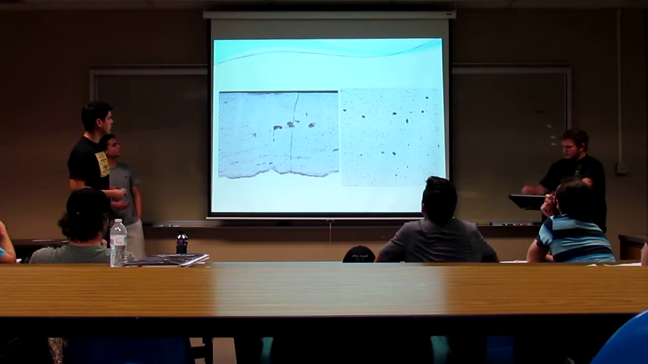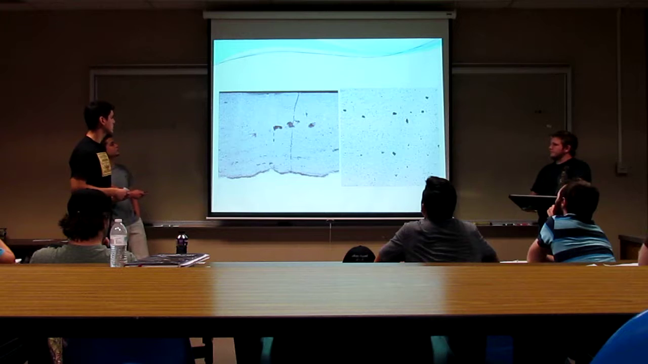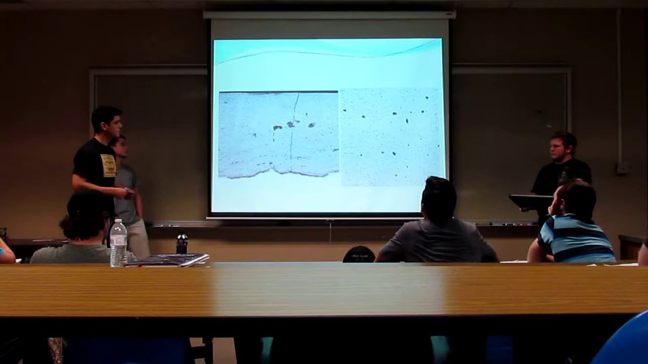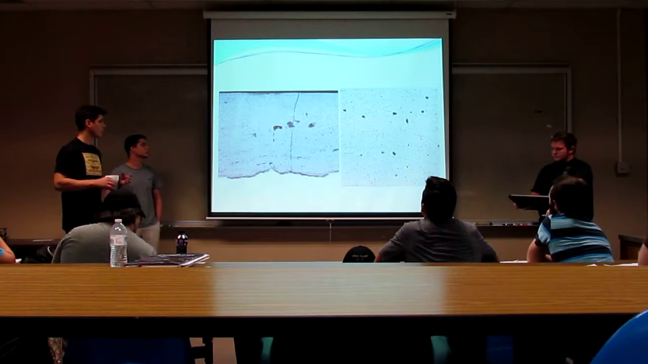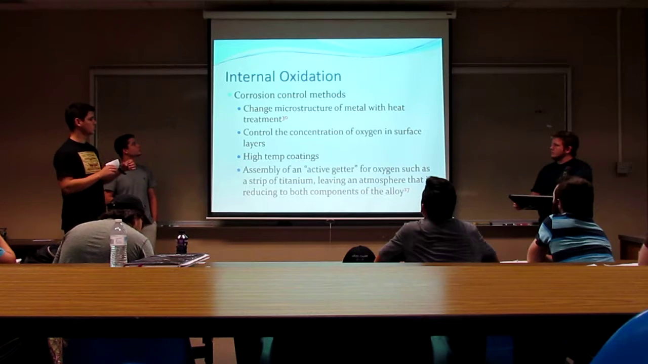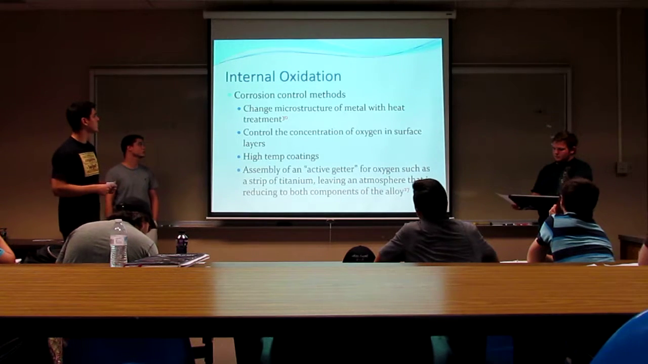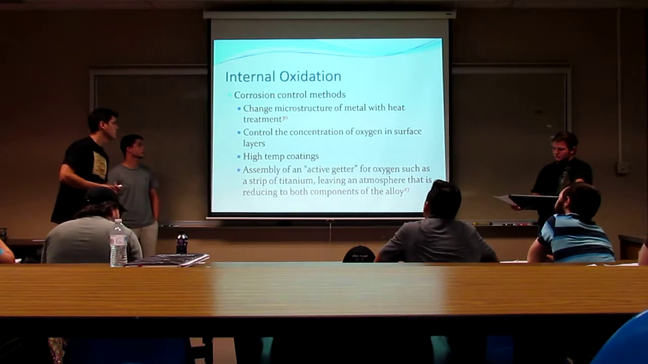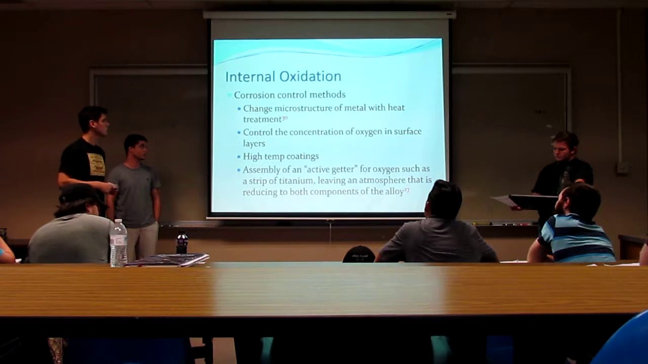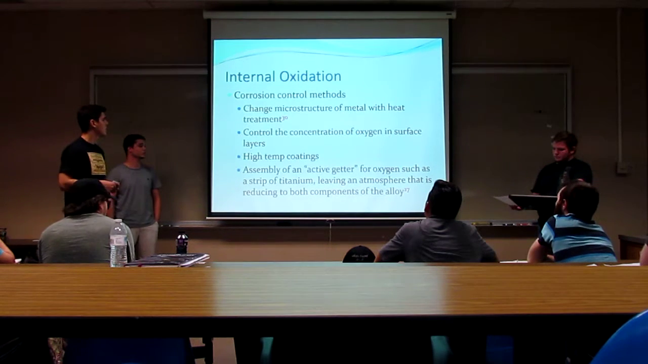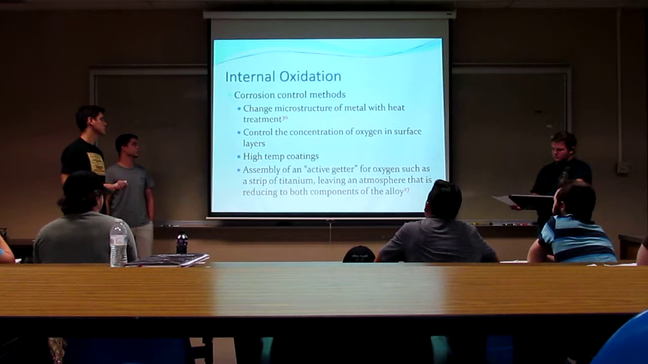And here are some other pictures of oxidation, which can cause cracking and stuff like that, because it's forming holes of oxidation scale buildup. The corrosion control methods change the microstructure of metal with heat treatment, control the concentration of oxygen in surface layers,